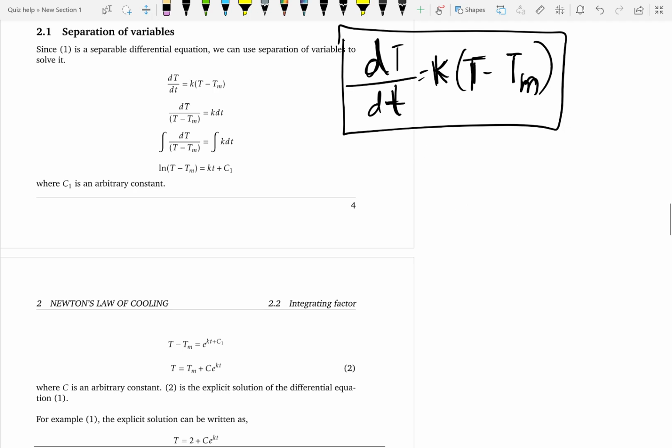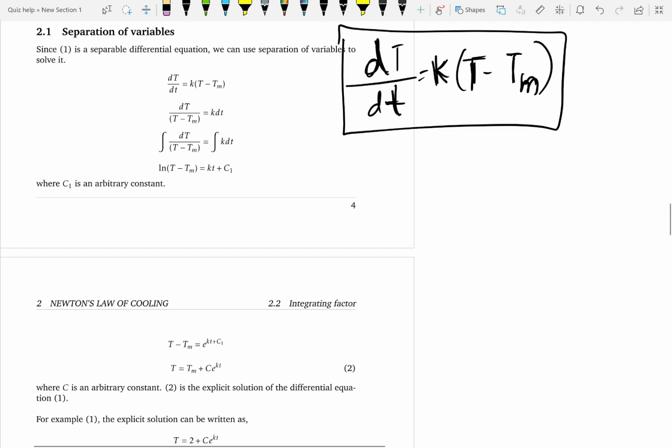Okay. Now the other thing that we learned is how to solve a differential equation. The methods that we learned are separation of variables and the integrating factor method. Can we use one of those methods to solve this differential equation? Well, it turns out that we can use both separation of variables and the integrating factor method to solve this Newton's cooling law differential equation. Let me show you how to do it with separation of variables, because that's the